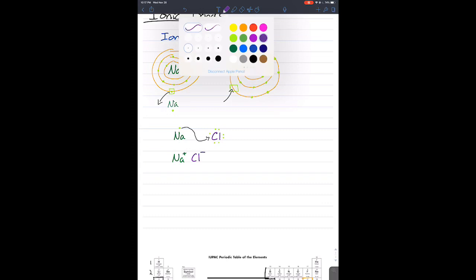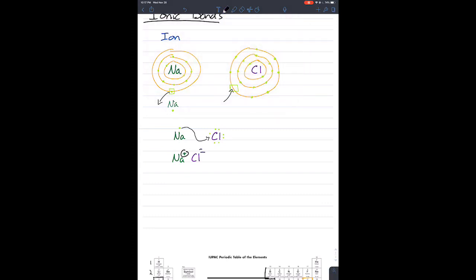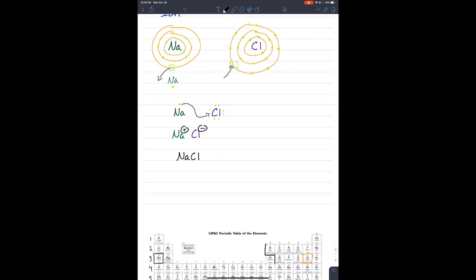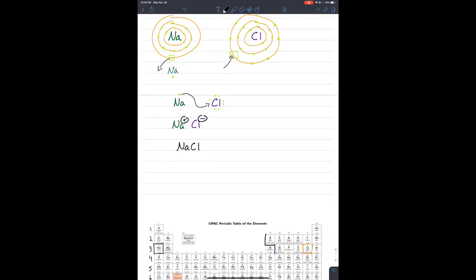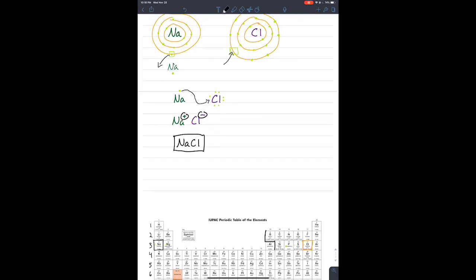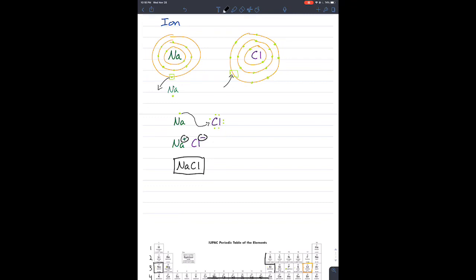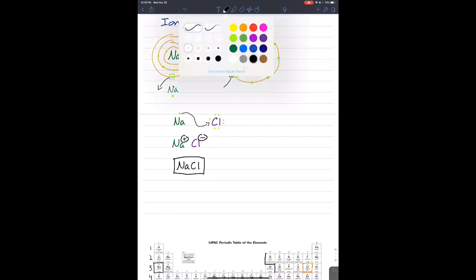And together, these two charges, the positive and negative, attract each other. So that's what holds these together. You have your final product, NaCl, sodium chloride, which is table salt. We eat it all the time, even though these elements alone would kill us. When it bonds together, it's happy, they're satisfied, they're not reactive, and we eat it all the time to season our food. We have salt. Okay? So with ionic bonds,